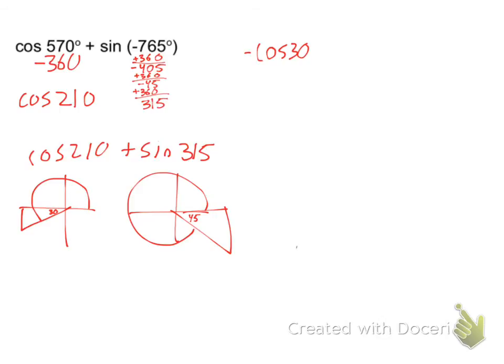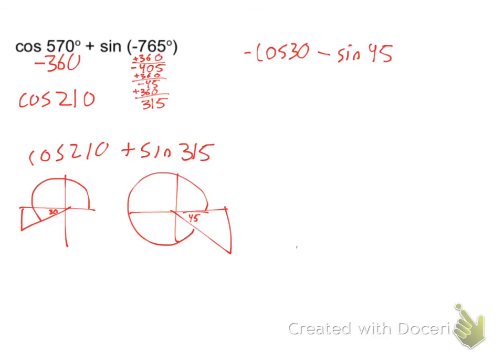Then, sine of negative 765 is the same thing as sine of negative 405, which is the sine of negative 45, which is the same as sine of 315, or is equal to the sine of 45. But wait a minute, it's in the fourth quadrant, so it is negative. And so now,